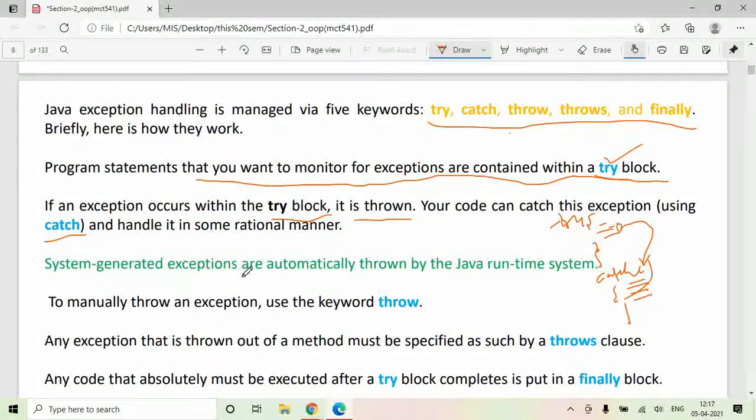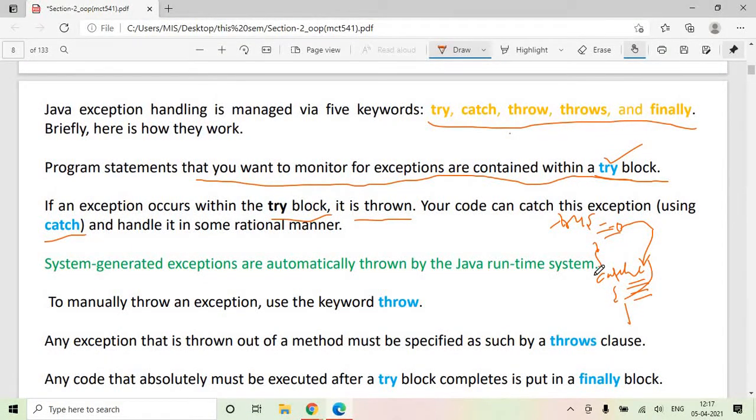Now system generated exceptions are automatically thrown by the Java runtime system. We have discussed earlier that when you do not implement exception handling on your own with try, catch, throw, Java has its inbuilt mechanism wherein it identifies the type of exception, creates an appropriate object representing that exception, throws it to the exception handler, and the exception handler catches it and processes it accordingly.